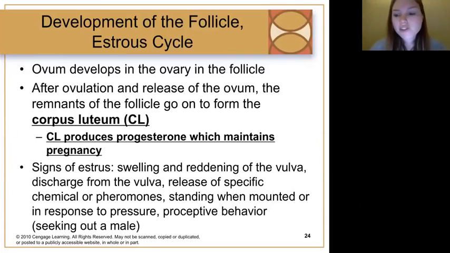So signs of estrus, which we've mentioned a little bit before in previous lectures, would be swelling and reddening of the vulva, discharge, release of pheromones or specific chemicals, standing when mounted or in response to pressure, perceptive behavior, so seeking out a male,